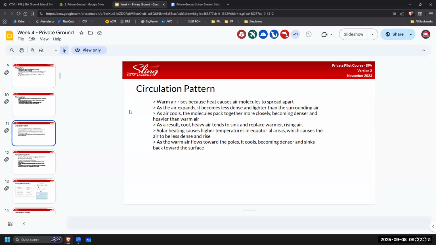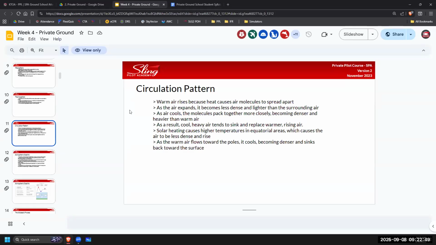Are we following this part? Okay. I'm talking about the density of air in relation to the temperature and the heating of air. So we'll go to cooling. As air cools, those molecules come back together and pack together closely. Packing those molecules together makes it more dense than the surrounding air, which makes it sink. Are we following? Yes, everyone's just kind of writing, some nods, okay?